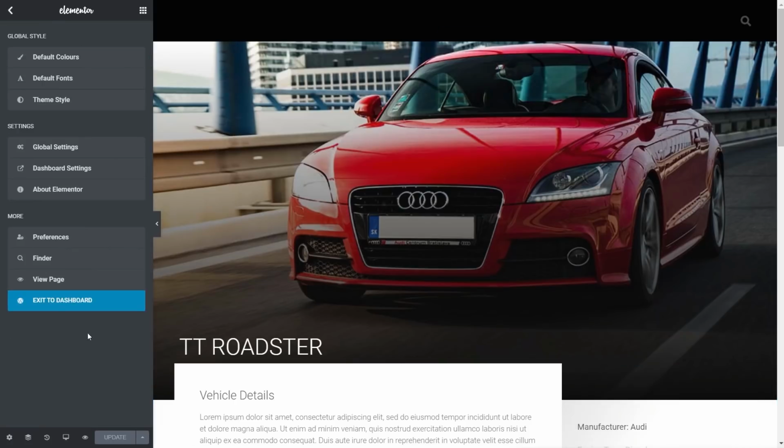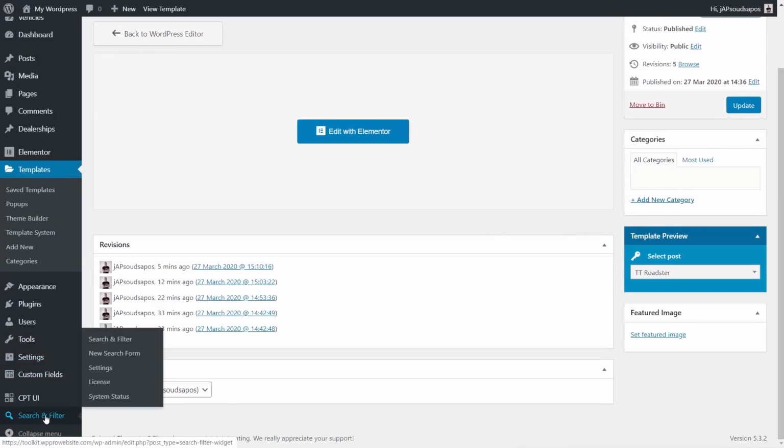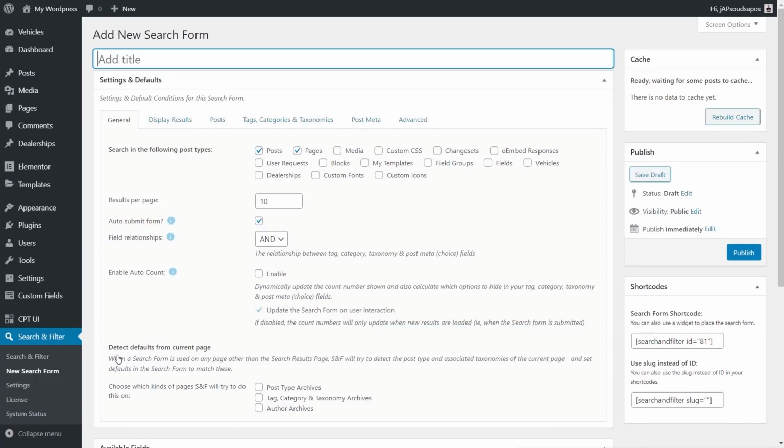So we're going to come out of this, exit to our dashboard, and we're now ready to start actually putting all the details together for this particular vehicle. So what we're going to come down to is Search and Filter at the bottom. We're going to say new search form. Once we've done that, this will bring us into the search form options where we can go through and configure